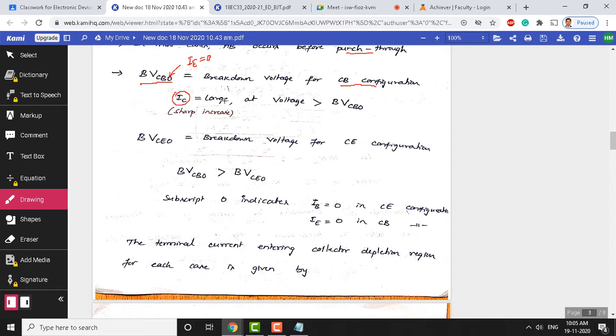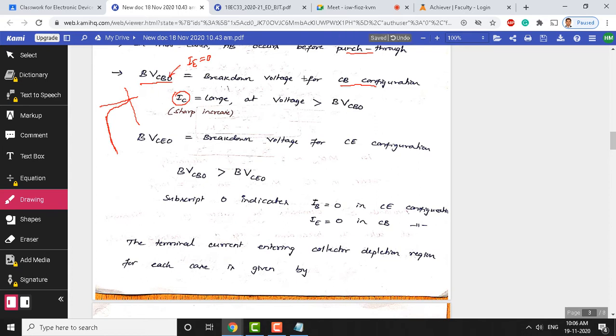This is like a p-n junction. When the p-n junction breaks down because of a large reverse voltage, definitely there is an increase in the reverse saturation current, right. There is a surge in the reverse saturation current. That is why you see the reverse curve something like this for the p-n junction. Initially it will be constant, and once the junction breaks down, you will see a surge in the reverse characteristic, the reverse saturation current, like this. The same thing happens even in the case of a bipolar junction transistor.